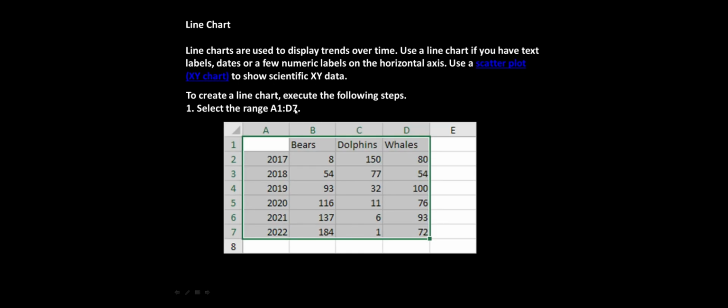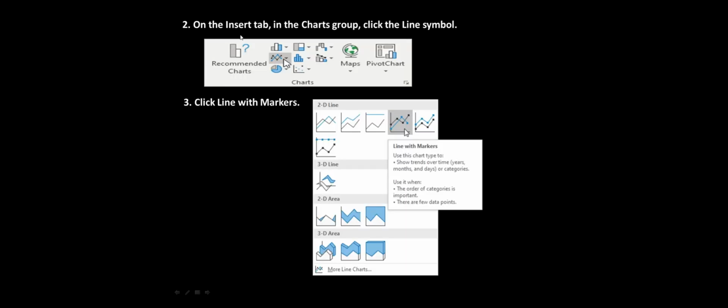Now coming to the next chart, that is the line chart. It is used together with the scatter plot or XY chart. Here again, as usual, you need to have a table in which the data is entered. You need to select the range of the table and then again go to the Insert tab, go to the Charts group. You can have the specific symbol here, line and scatter chart. Again, the details are opened here. You can select the specific line markers.